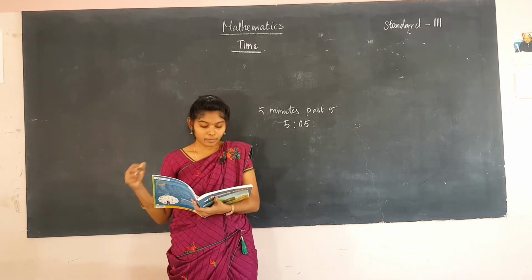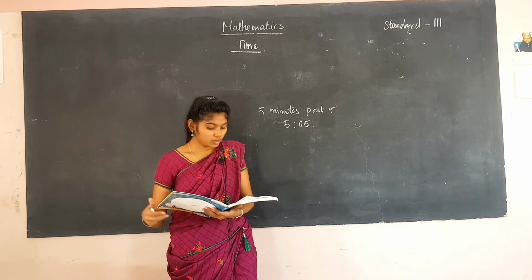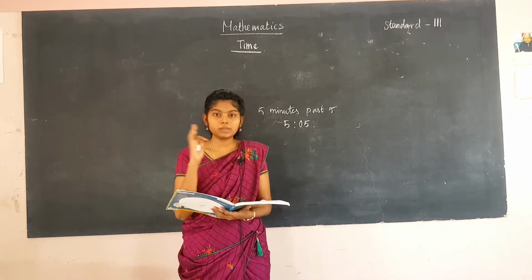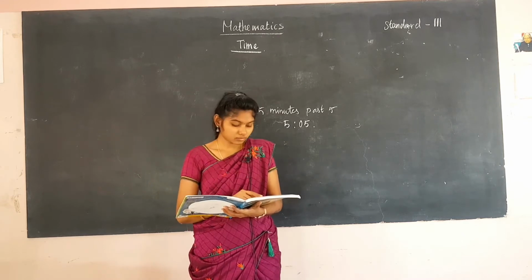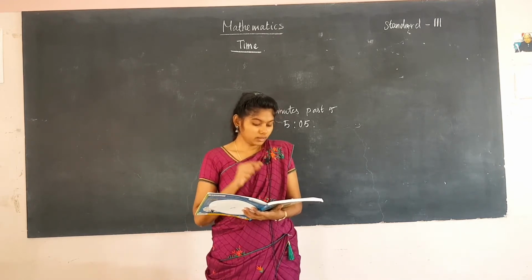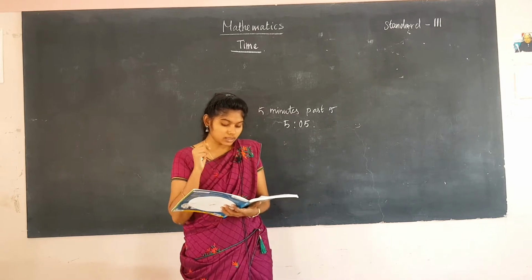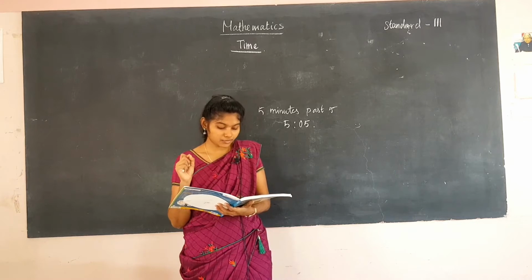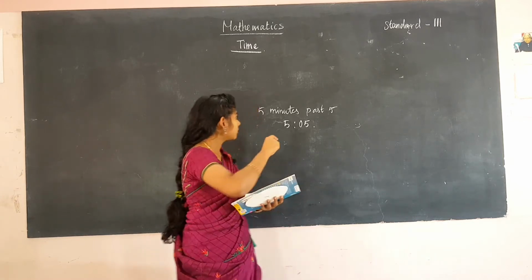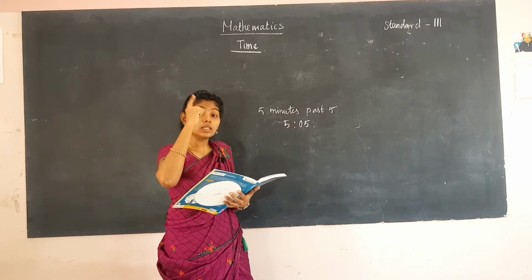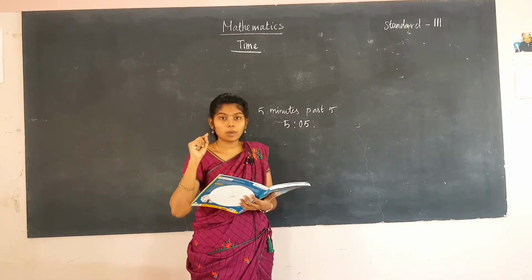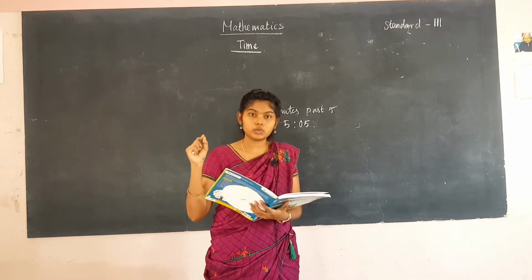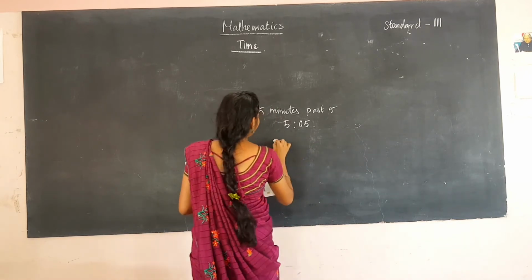Mom, it is 35 minutes past 5. When will the dentist call us? So he is asking, it is 35 minutes past 5, which is 5:35. When will the dentist call us? He is asking. It is our turn next, but 5:35 is not read as 35 minutes past 5. While saying that, you should not use past with 35 minutes. Instead, it is read as 25 minutes to 6.